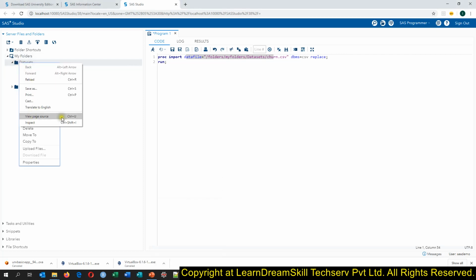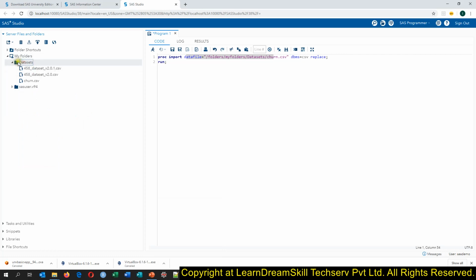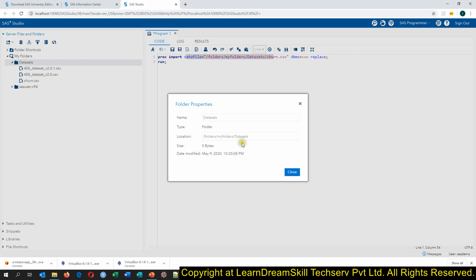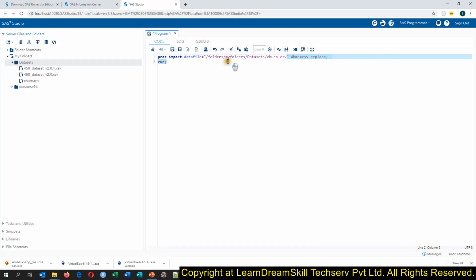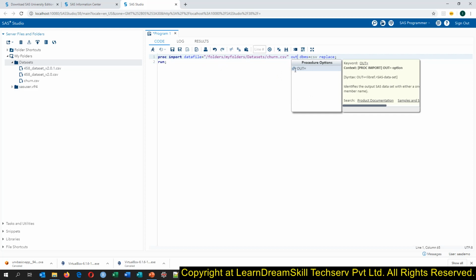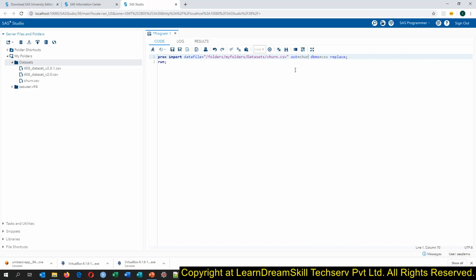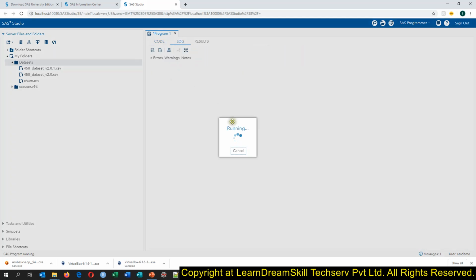Then you need to click on the folder, right click, properties, and you can copy that path. Proc import will import this file, and it will say out equals churn, and now we can select it and run the code.